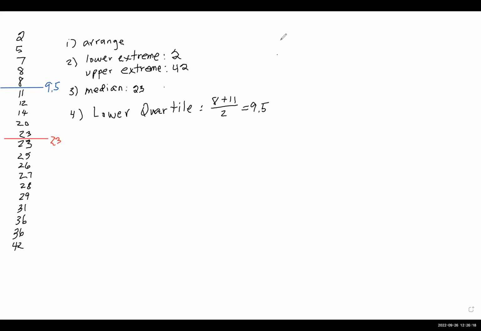Now let's do the upper quartile. I bet you know what it is. Upper quartile. How do you think we find the upper quartile? 23 to 42. Yep, we're going to repeat that process, but with the higher half, the upper half. I wrote this in order. When I say the upper half, I mean the higher numbers. The way I wrote them down, it looks like the lower half.